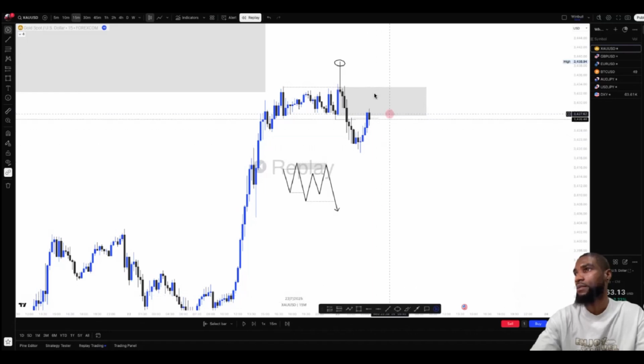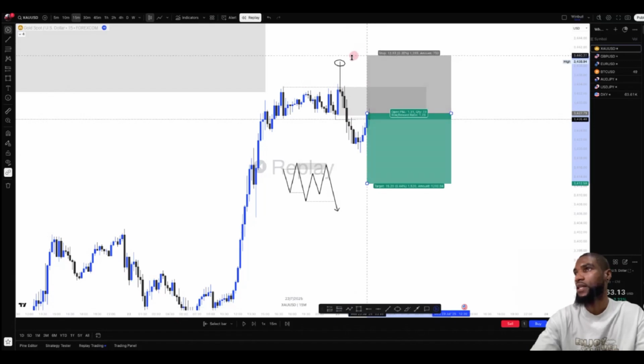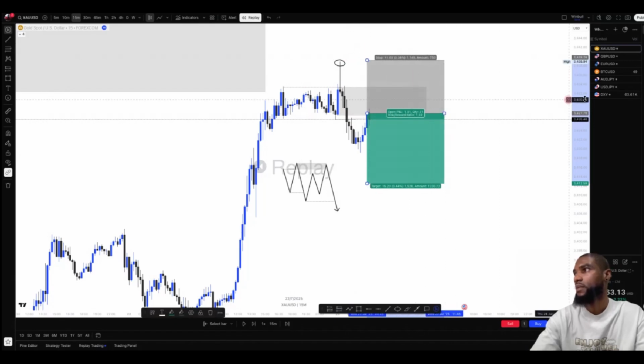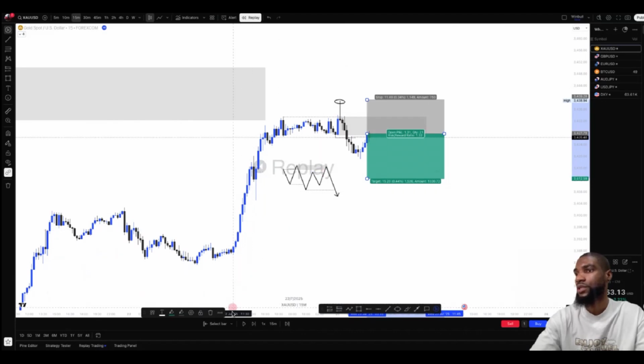Okay, price now taps. Since price already gave a break and close below, I would use this as my inducement. So I will take my entry here now and have my stop loss just here, and then my target is going to be,